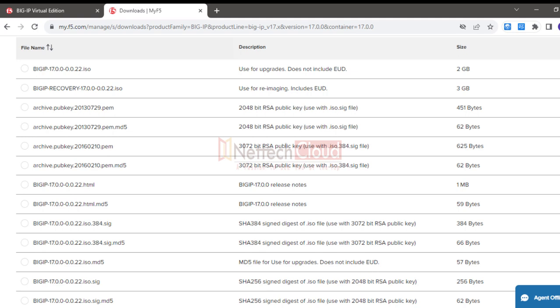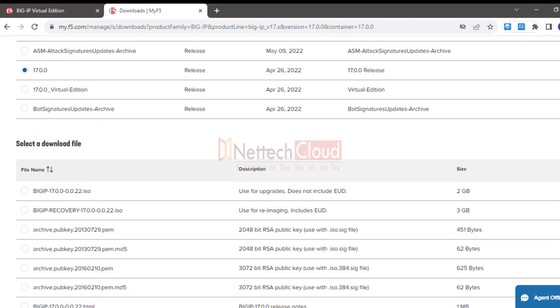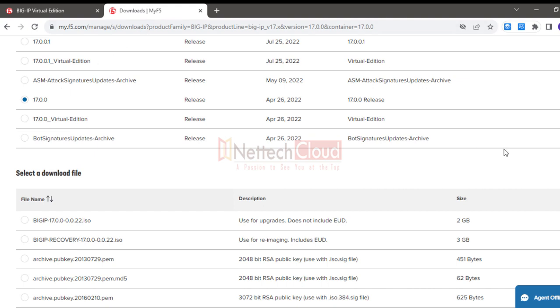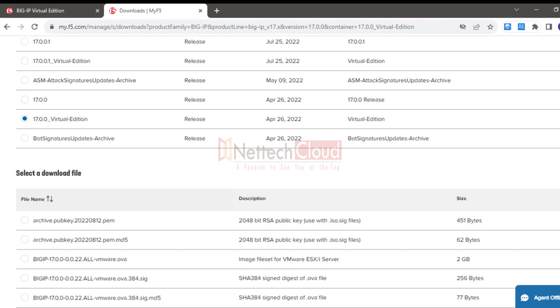So I think I selected something, or I did something wrong here, and that's the reason I was not able to locate a specific one. So this one is the Virtual Edition, not really this one. So select this Virtual Edition, and now,